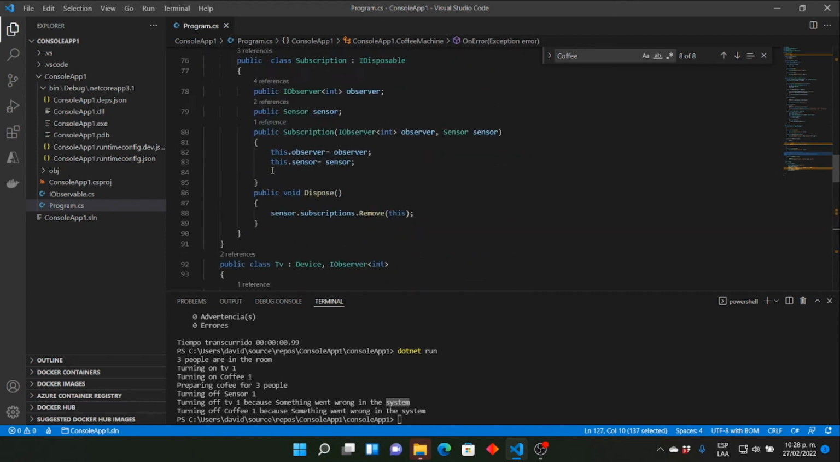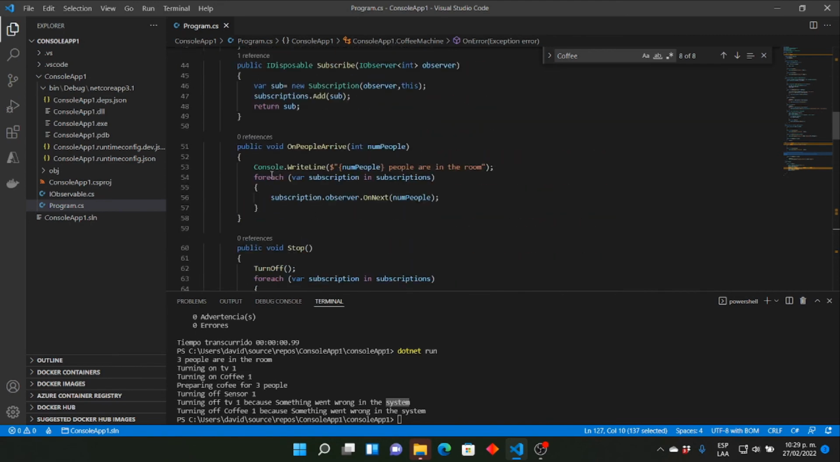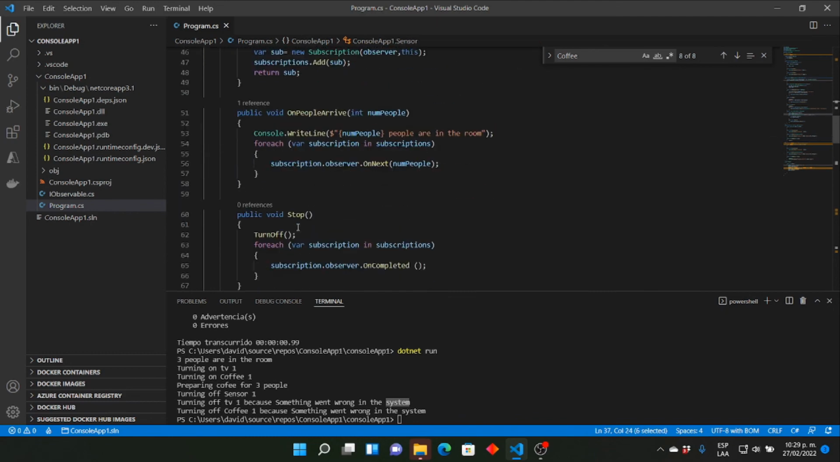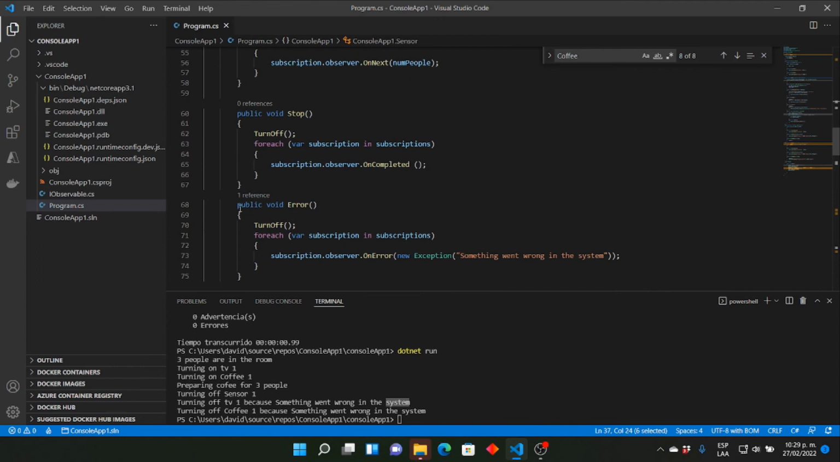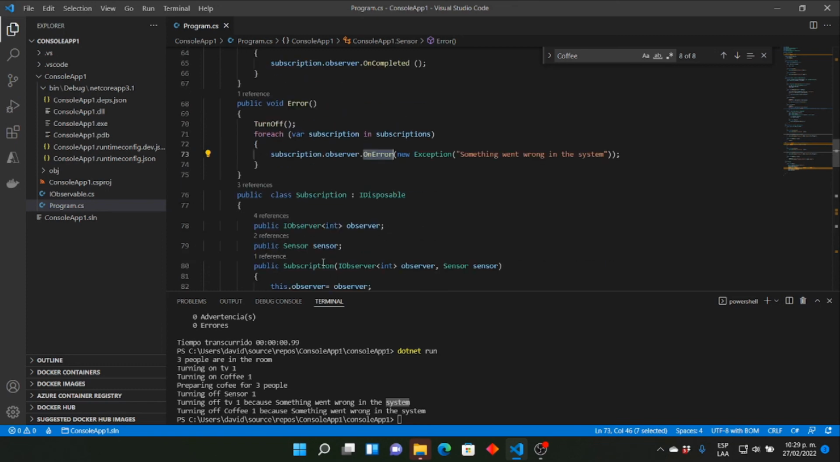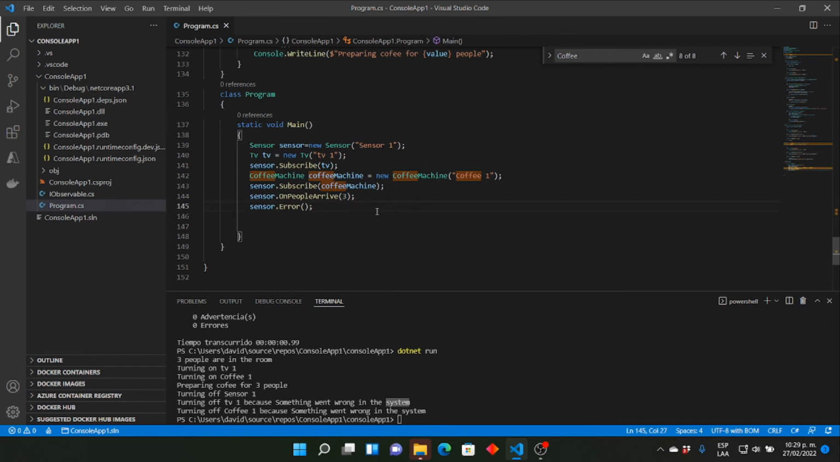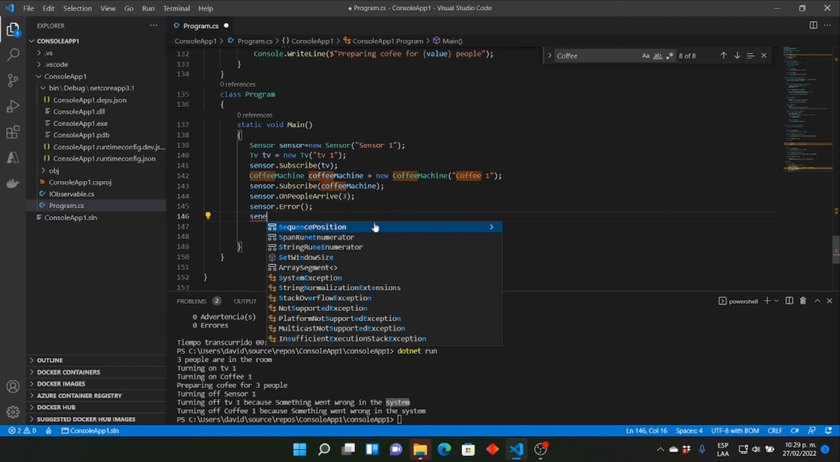And the reason is because I'm calling the sensor method error that is here. Okay, something happened in the sensor, and the sensor is going to move through all the subscriptions, and it's going to call the OnError method. Okay, let's return here, and okay, now this last step,